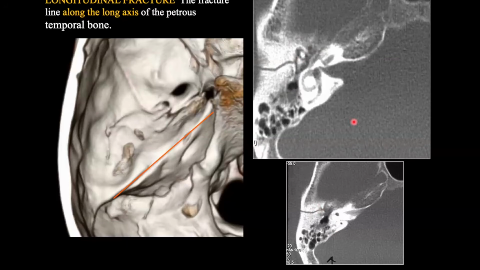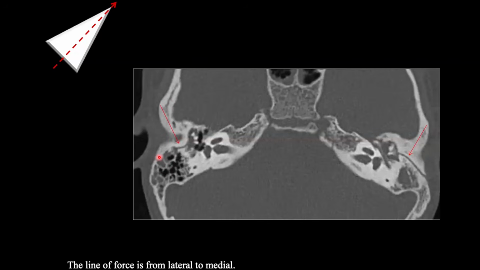Okay, I'm not showing it to you right now. I have a stack of images. Now, this is what I've drawn: a triangle, this longitudinal fracture, which is otic sparing. What does that mean? The bony labyrinth is not involved. Like this fracture line. And remember, this longitudinal fracture is not very well appreciated on coronal image. It is best appreciated on axial, and you can go and see the sagittal image.